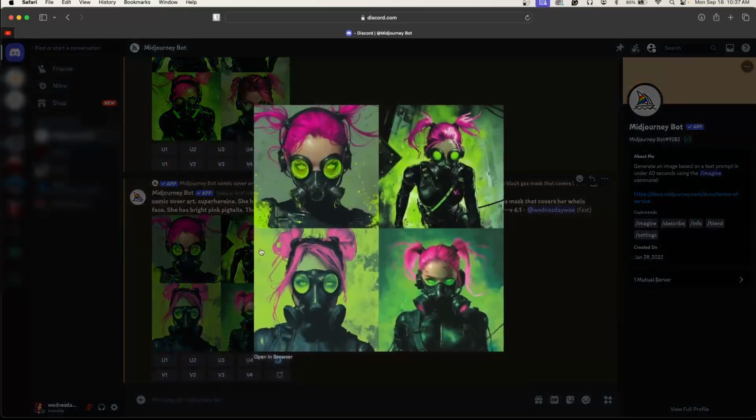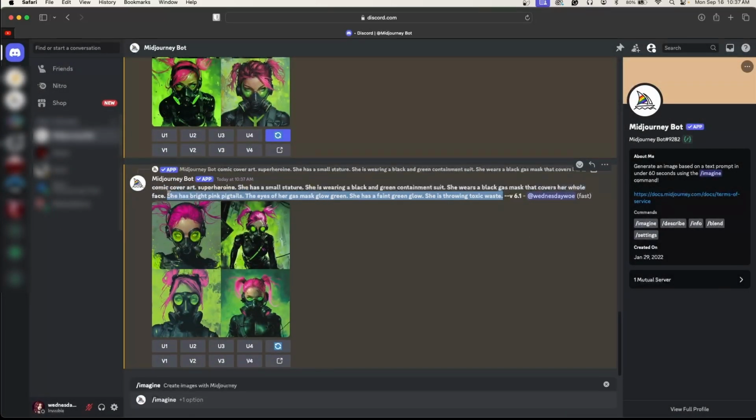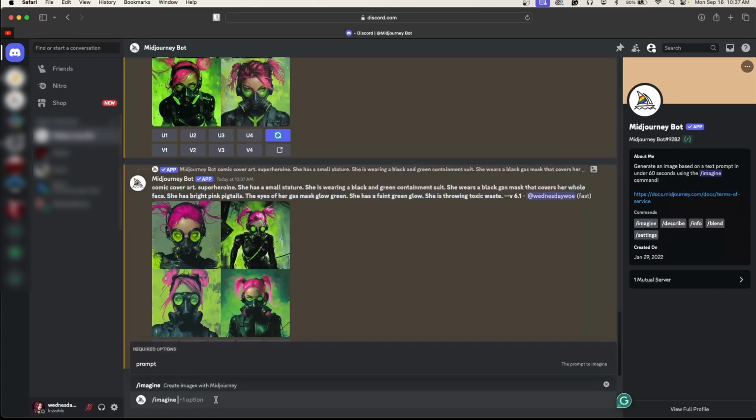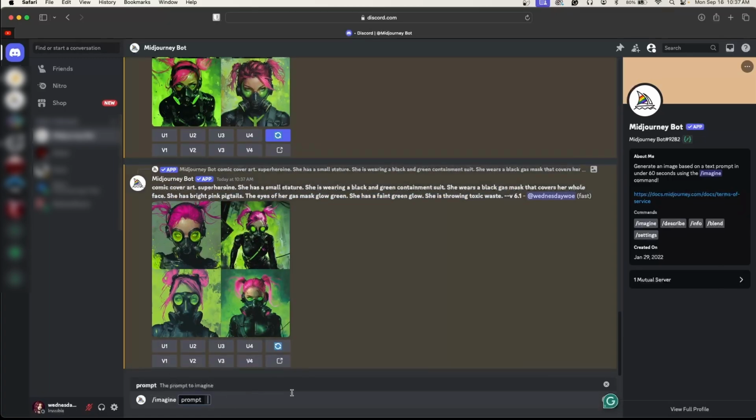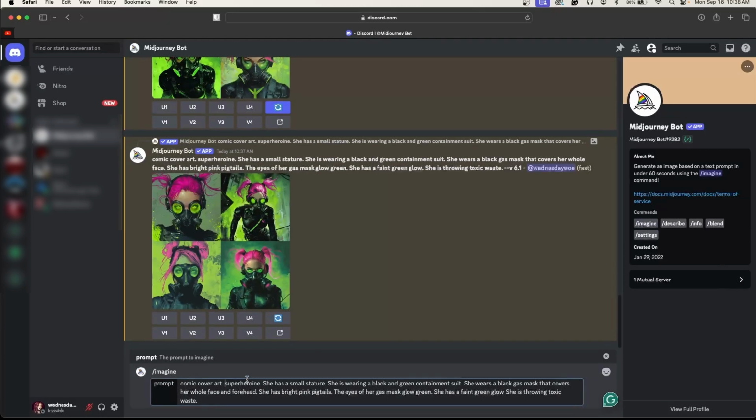I think I'm going to make some adjustments to this. So I'm just going to copy and paste it. I can see that it really does not want to cover her whole head or her whole face. I think that I would like more of a distant image, so it's not just shoulders up. And actually, rather than that,